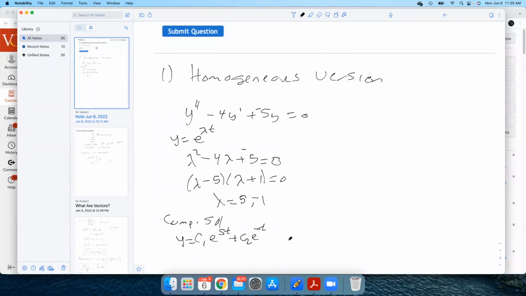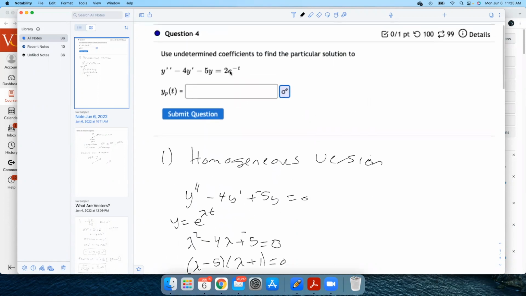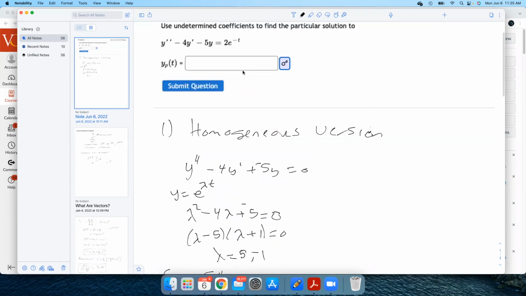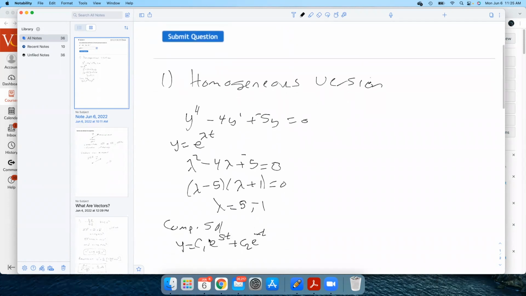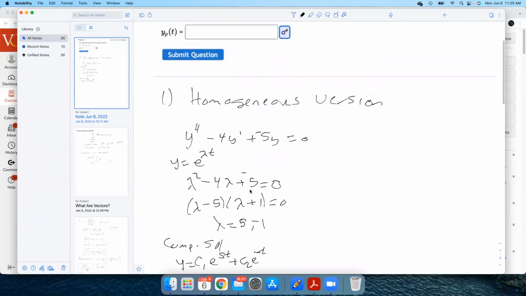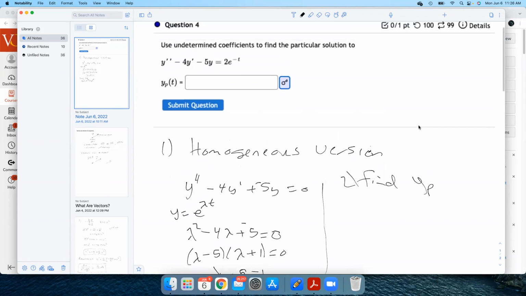Now, the question that we're solving didn't even ask for that. The question's only asking for the particular solution. So did I technically need to do this? Yes, I did. I still have to go through all this math to make sure I'm not reusing any powers on e. So here, when we're trying to find step 2, our particular solution,